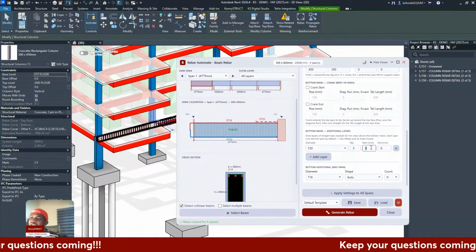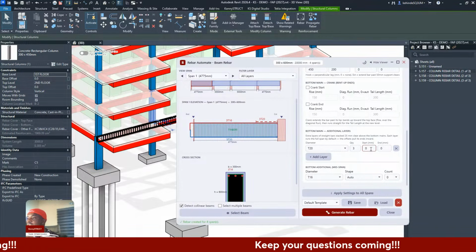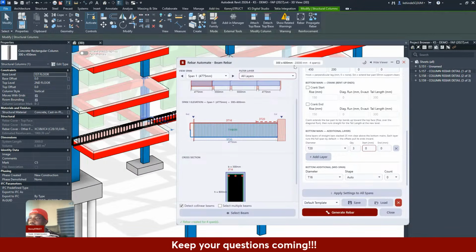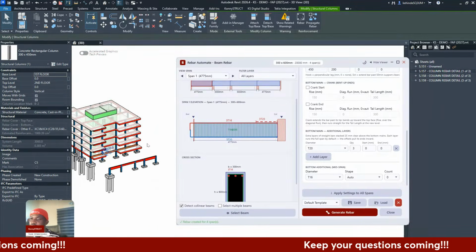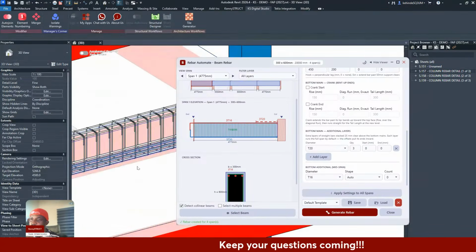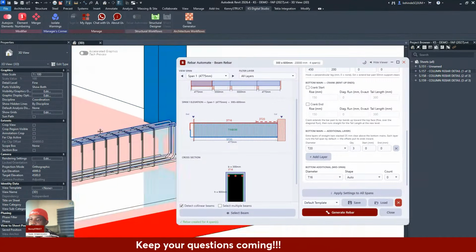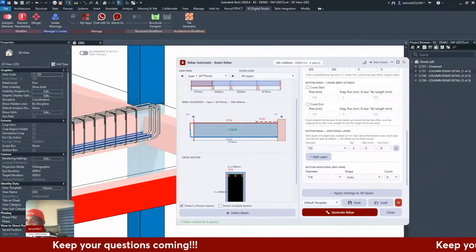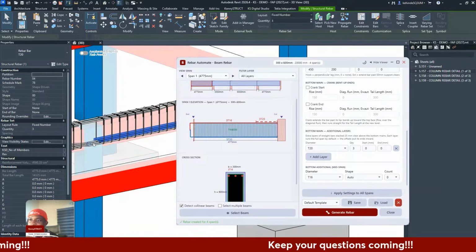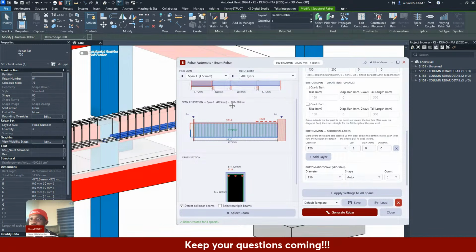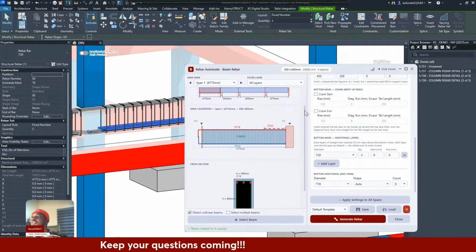I can also determine the extension. I click on generate rebar, watch what happens. Here is the span. See what happens. It generates the span for the layer. It's an extra layer for you. Extra bar. Amazing. So if I just zoom into it a bit,